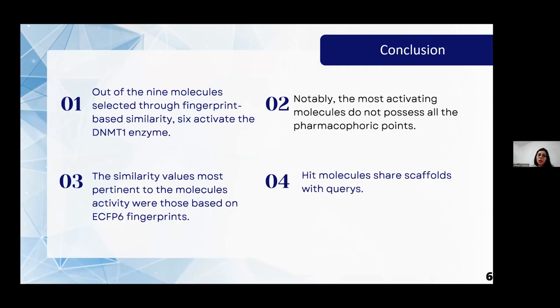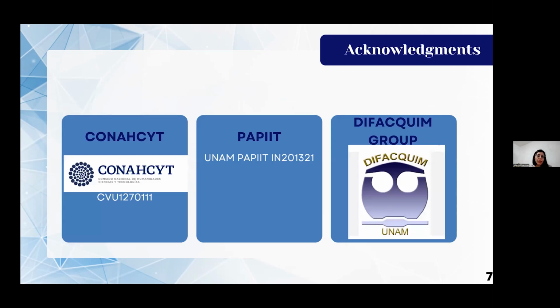And as conclusions, out of the 9 molecules selected through fingerprint-based similarity, 6 activate the DNMT1 enzyme. The similarity values most pertinent to the molecules' activity were those based on ECFP6 fingerprints. And notably, the most activating molecules do not possess all the pharmacophoric points, and the hit molecules share scaffolds with the queries. Finally, this work is made possible thanks